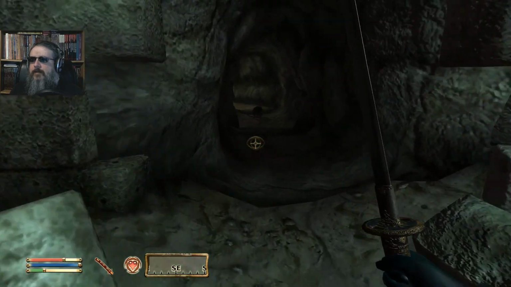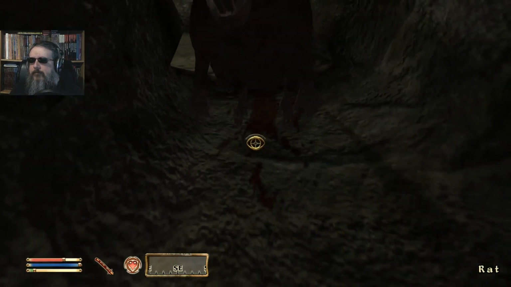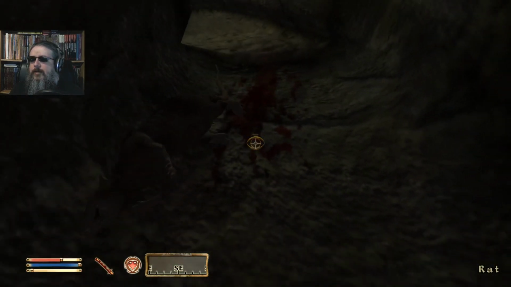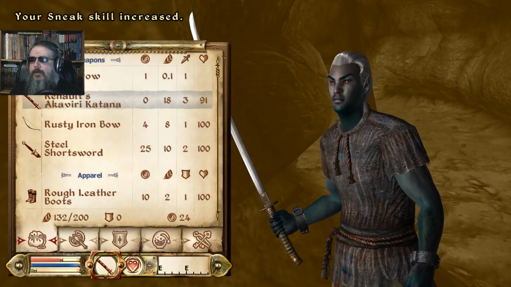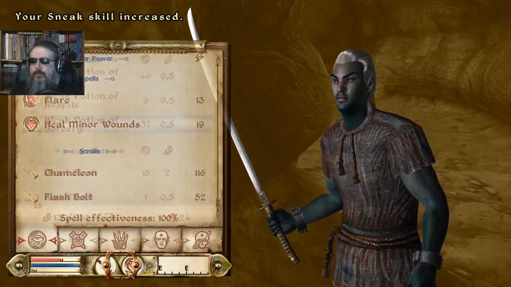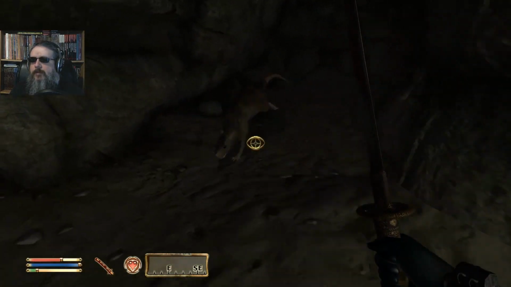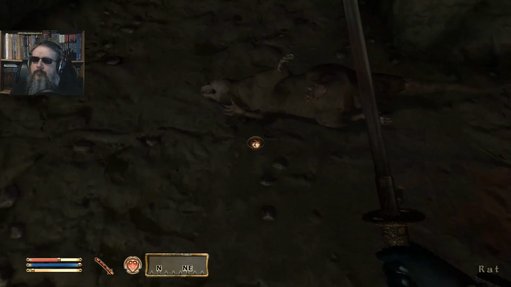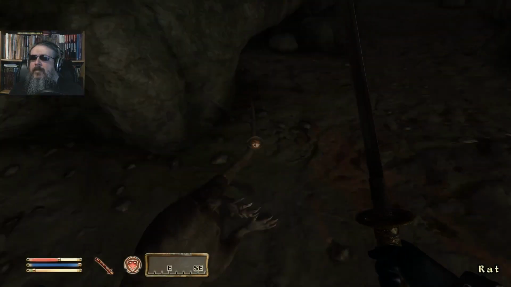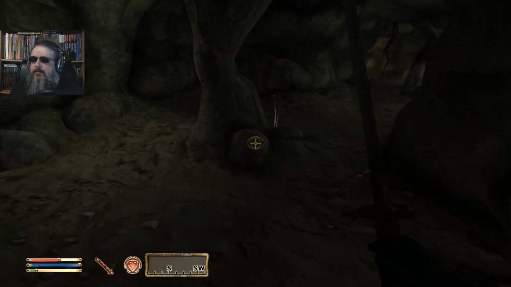And no more rats. Come on. There's a rat. Sneak attack. Oh, crap. So I gotta boost my sneak a little bit. It's clear. As far as that goes, I don't have any really good illusion spells to practice either. I guess I could use the chameleon scroll, but